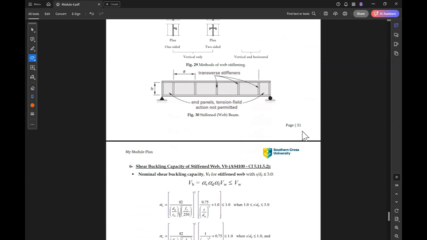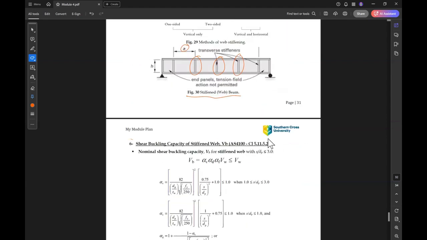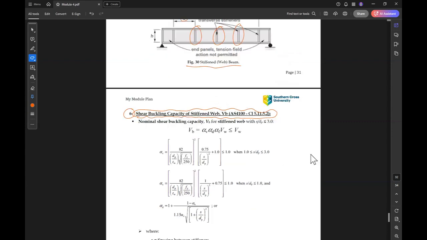Okay, so this is some stiffeners. The distance between stiffeners is A, and so on. This is an example of the stiffener. The idea here is that after you use the stiffener, the formulas or the calculation of the shear might be different. So the calculation will be a bit different when we have